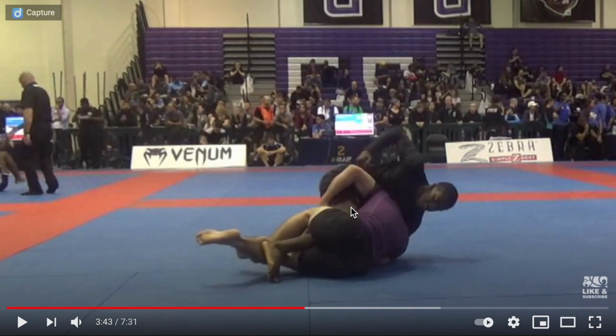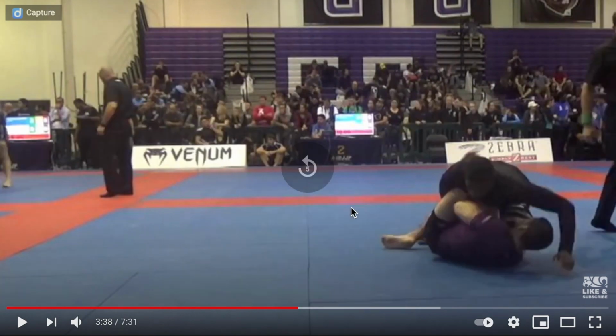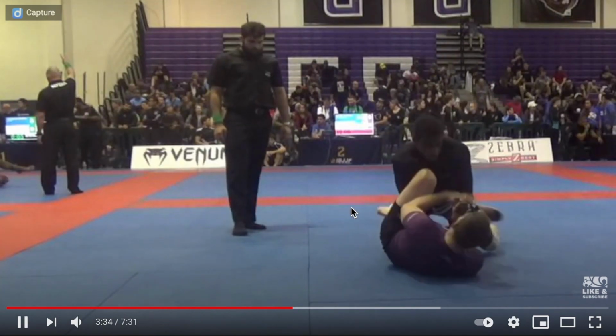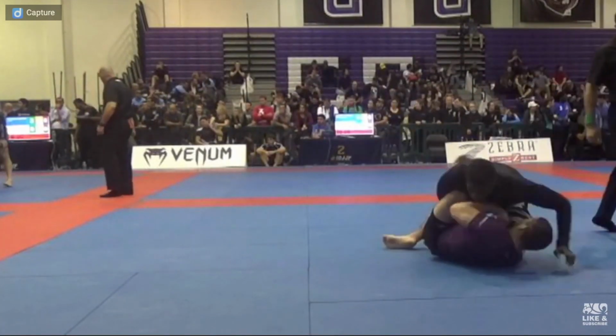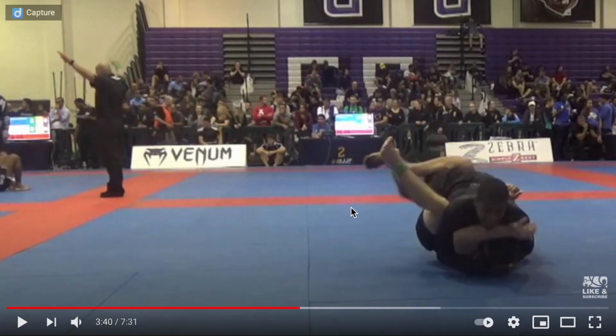So he's desperately grabbing for head control. And you could argue also that his initial grab for head control was an overcommitment because it was responsive and he didn't back his hips enough. So that was the overcommitment here. Yeah, he hugs the tricep in an attempt to get full arm and head control. Arm and head control is a very, very strong control point. And so that was the overcommitment, I think, is going for the arm and the head and in doing so